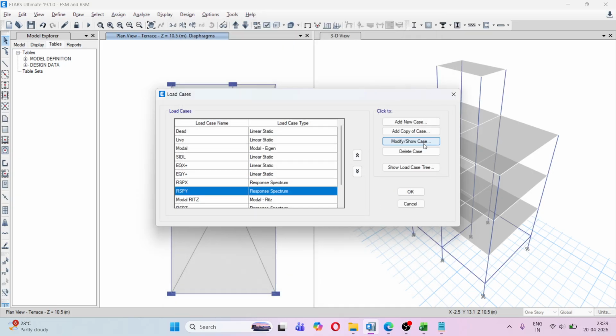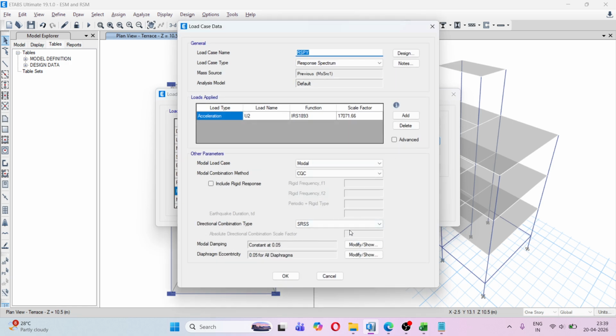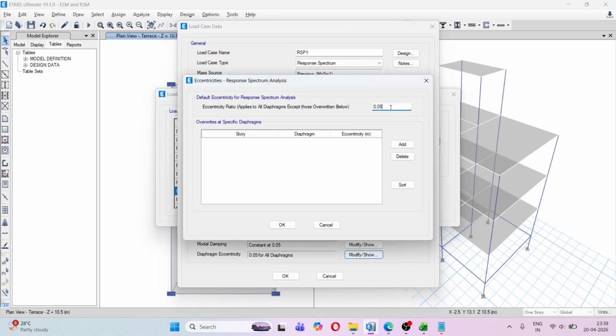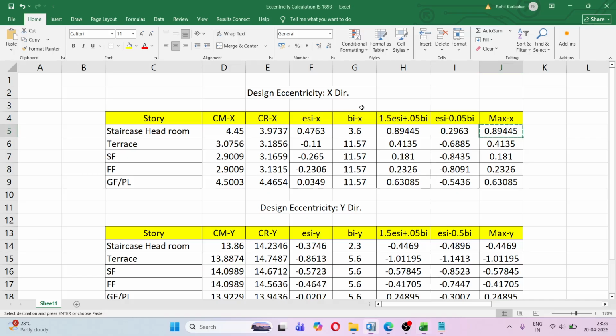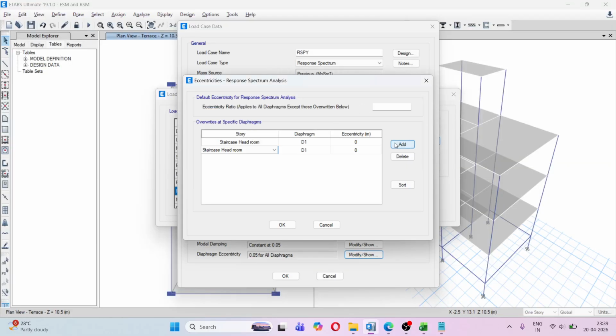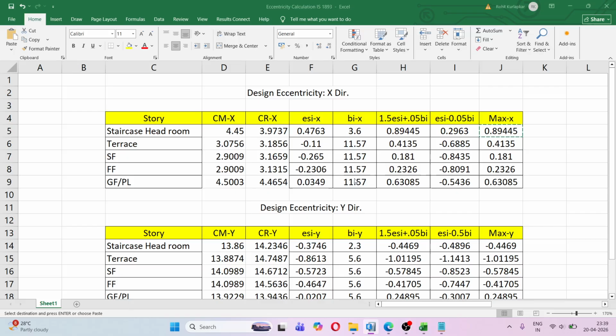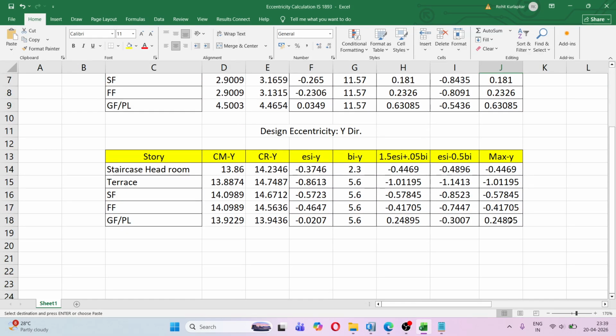Similarly, response spectrum in y direction, here you have to modify this, here make it 0. Similarly, we will add these stories. So first story will be ground floor, second story will be first floor, then second floor, terrace and staircase headroom. Now we have to copy the y direction values. Ground floor,